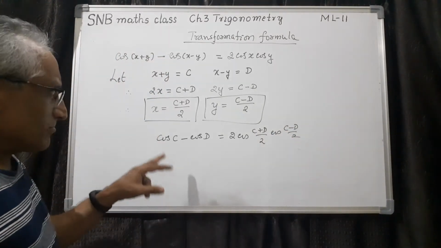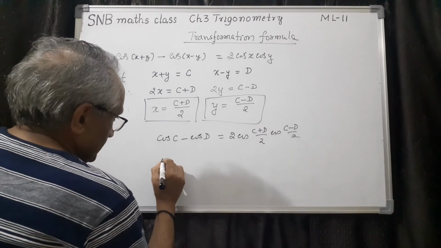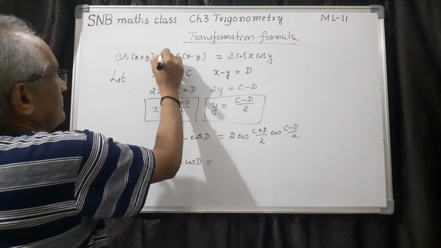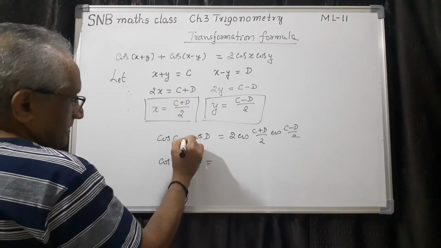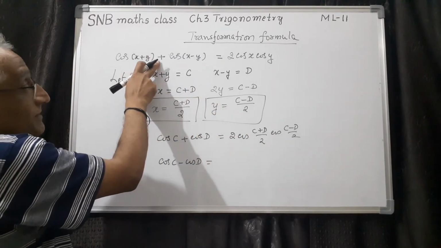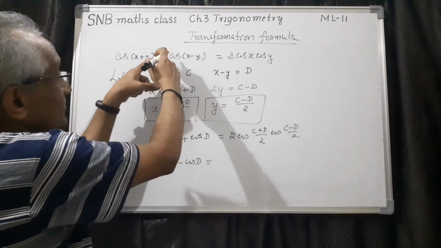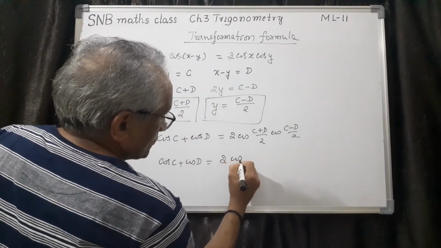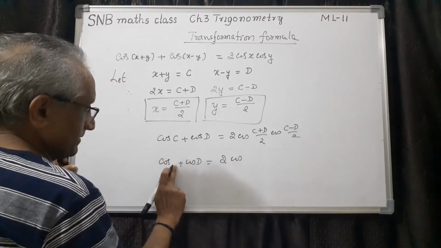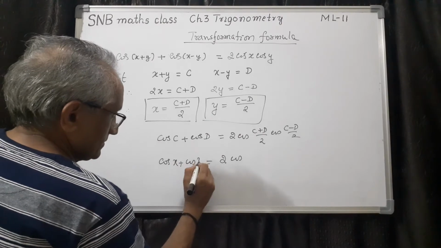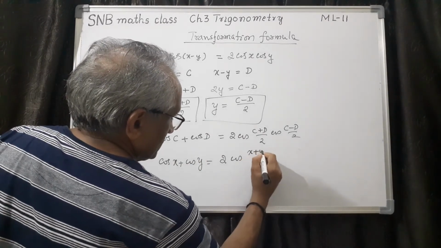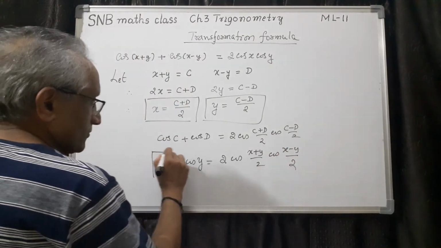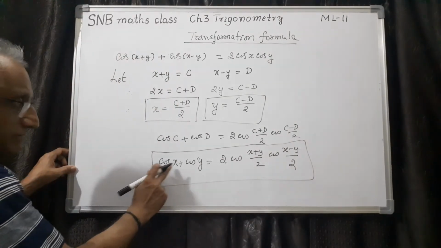Now if you want to remember the formula in terms of x and y, then write cos c plus cos d will be equal to, sorry, it is plus, I am very sorry, here it is plus. In the formula it is plus first, then minus, because I replaced it and did not make the change here, it is plus. So cos c plus cos d, 2 cos, you are replacing this by x, this becomes x, this becomes y, then 2 cos x plus y upon 2 cos x minus y upon 2. So this is the addition formula for cos x plus cos y.